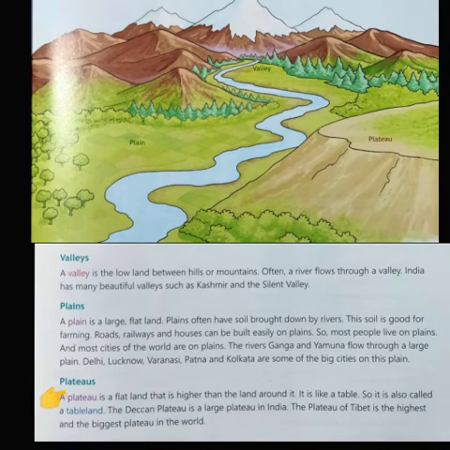There are also many rivers in the Deccan Plateau, but they depend on the rain for water. Some parts of the plateau are covered with thick forest. The plateau of Tibet is the highest and the biggest plateau in the world.